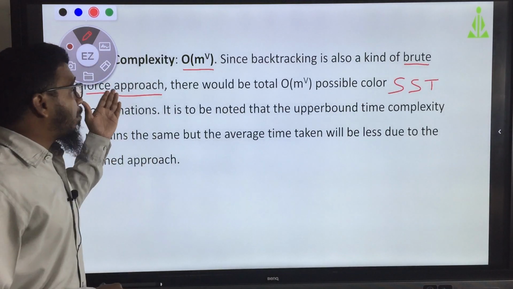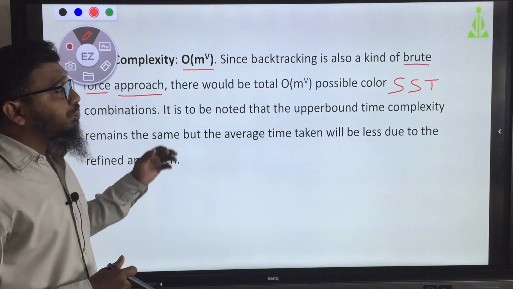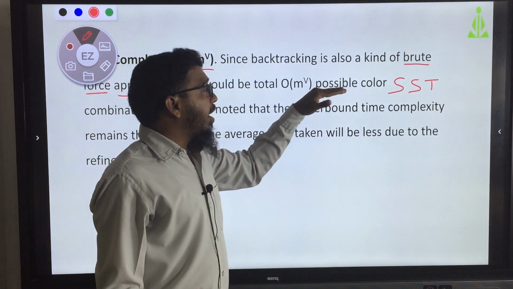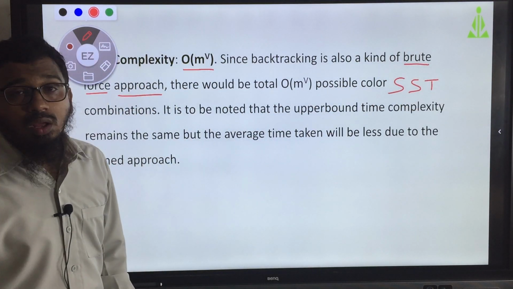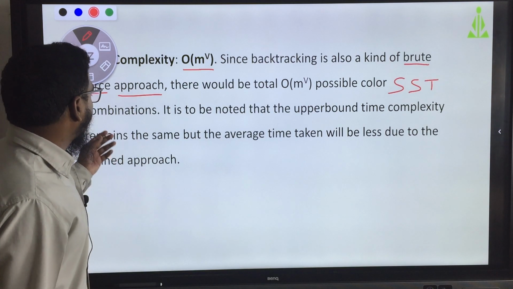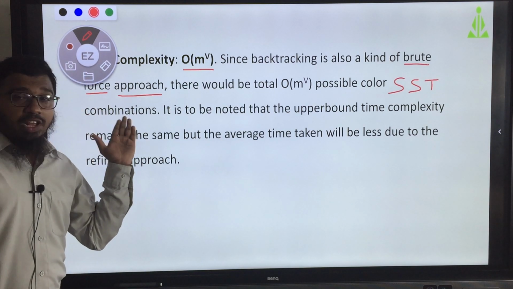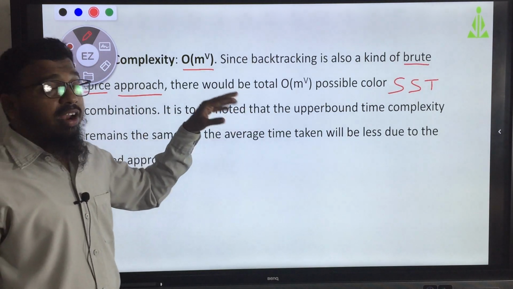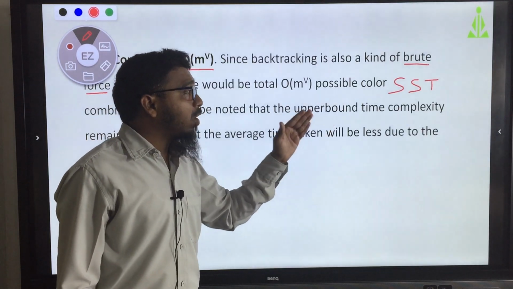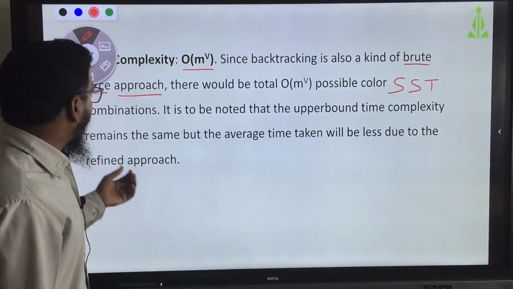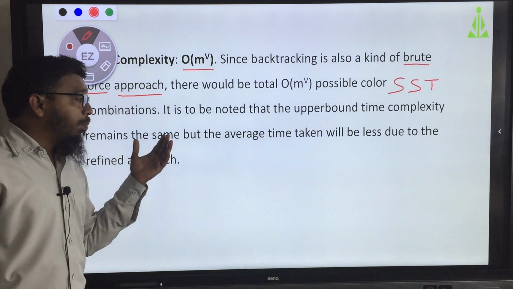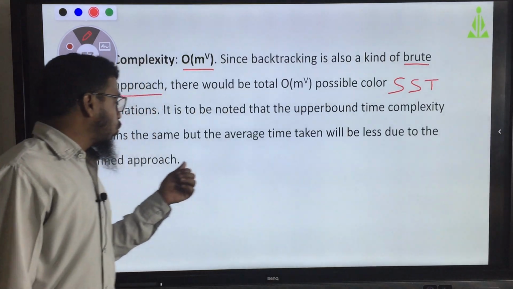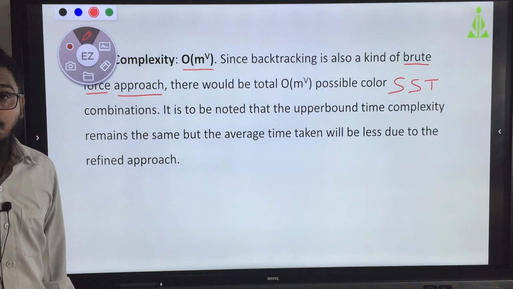We need to draw the state space tree and check all the possibilities, the color combinations. It is to be noted that the upper bound time complexity remains the same, but the average time taken will be less due to the refined approach.